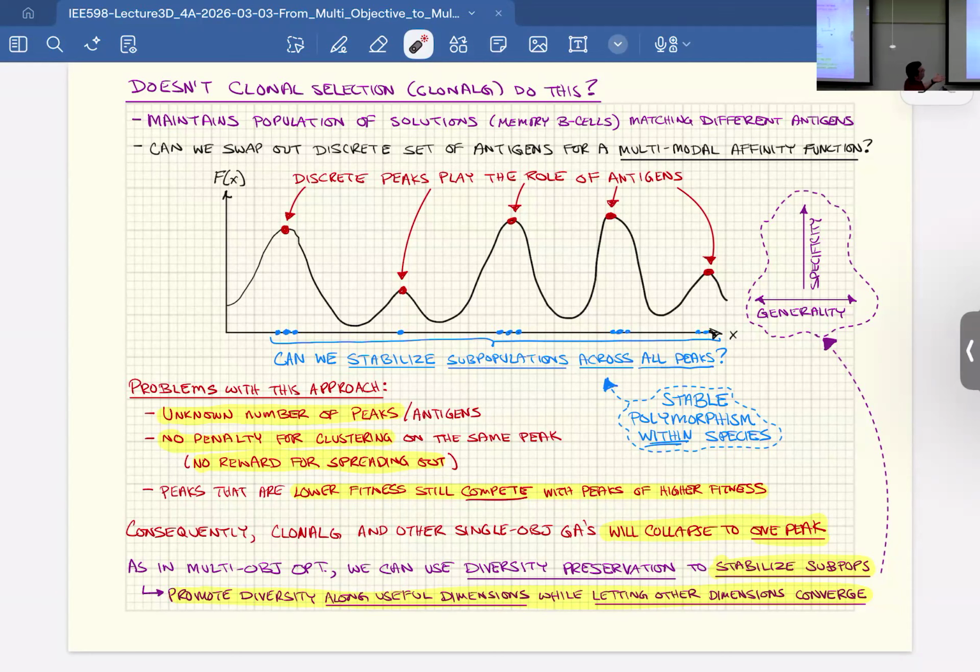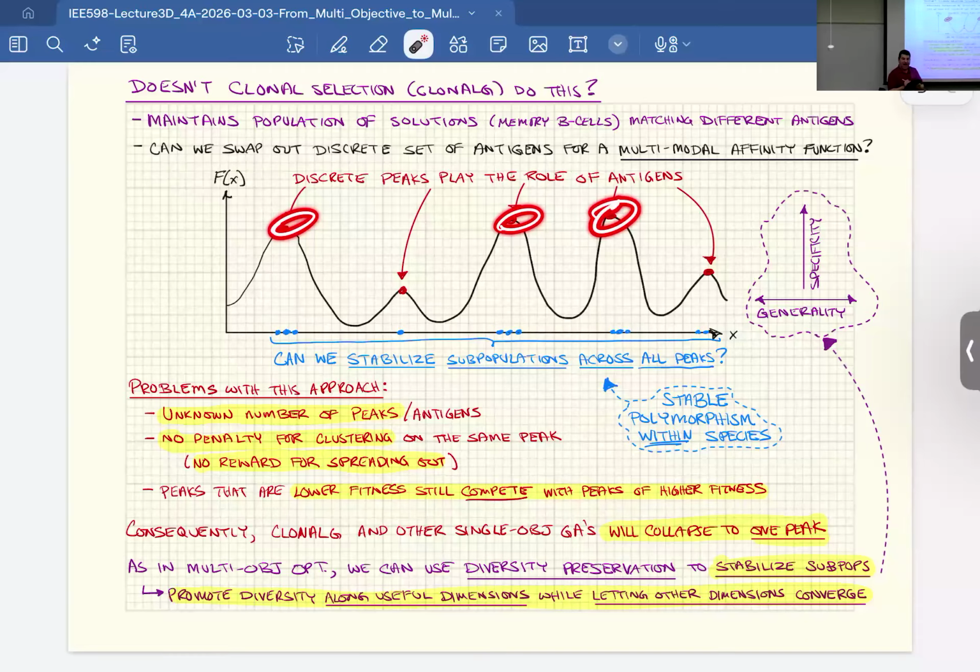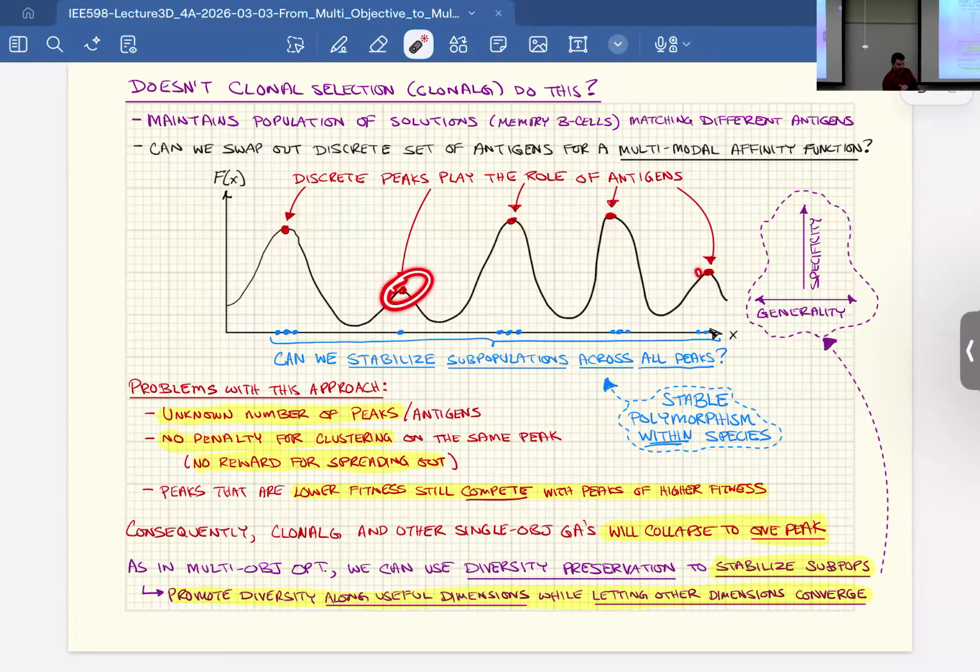Well, the thought is we have this resource, so we want to prioritize the higher peaks. If I had only 3 individuals in the algorithm, I really want those 3 individuals to land on these 3 peaks. But if I happen to have 10, 50, 100, then maybe there's actually some value to finding these lower peaks as well. These lower peaks might not be that much lower, but